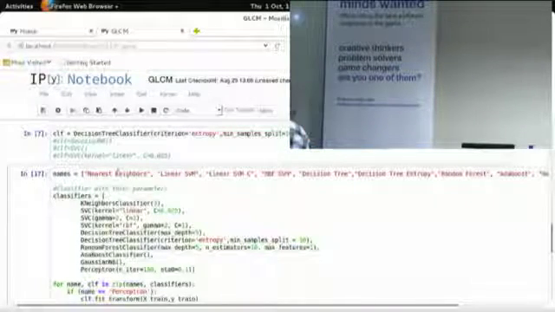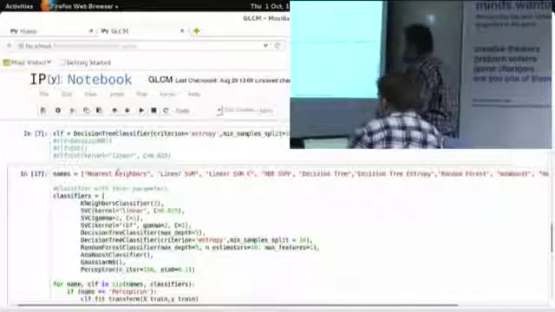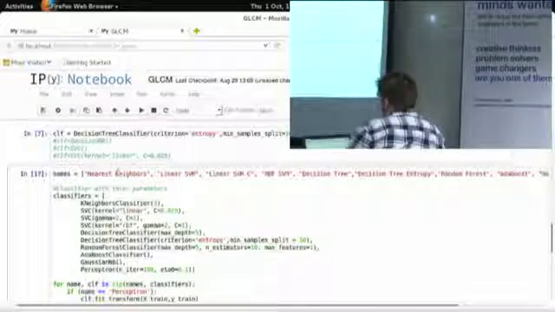I even made a for loop which takes all the classifiers. The first one is nearest neighbor, then linear support vector machine, but this time I changed the C value. Also, support vector machine supports non-linearly separable values, for example,